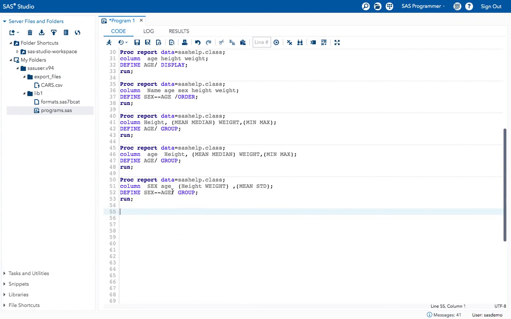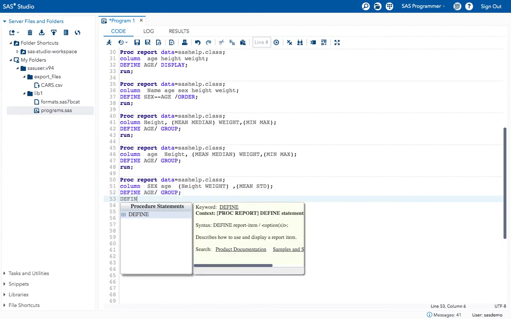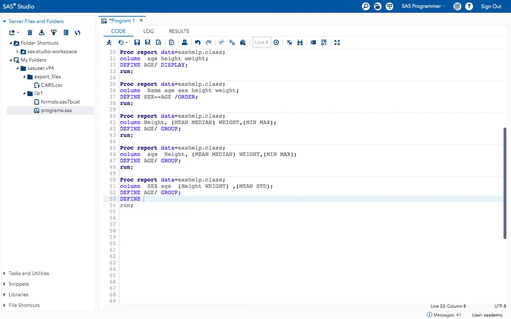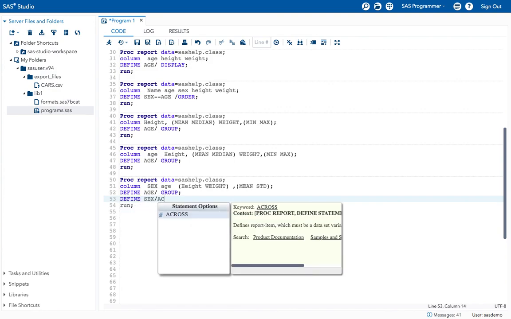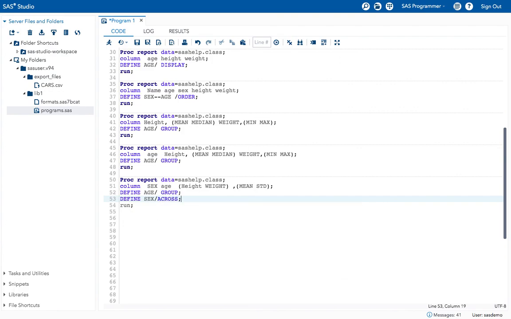For this only I want to use the across option. Now if I use across option, what happens? Instead of grouping, for sex, I want to use across. Now execute the program and let's see the change.